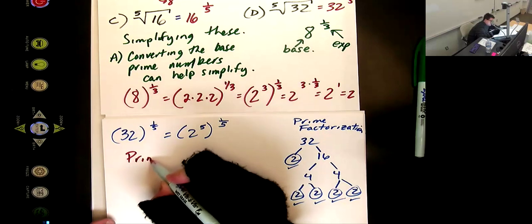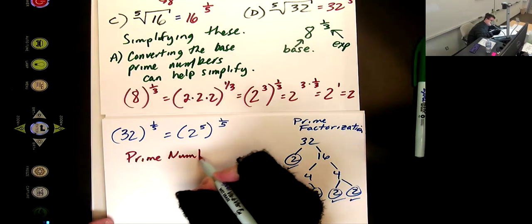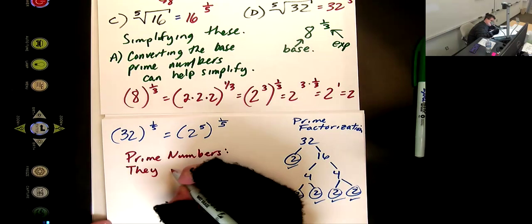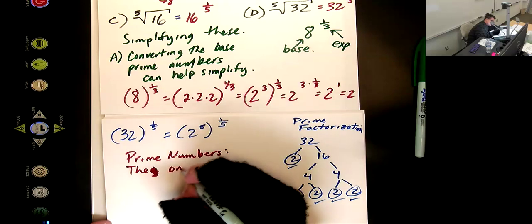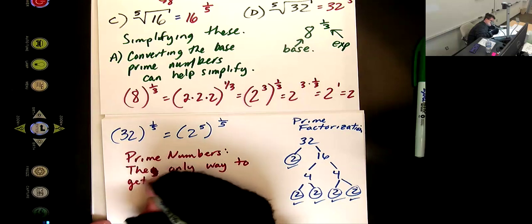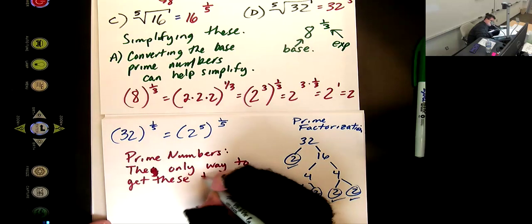Prime numbers. The only way to get these through multiplication